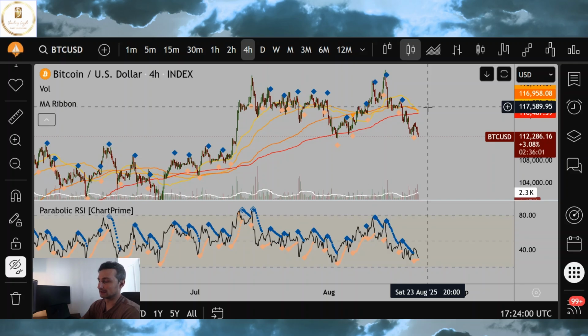I think by the end of 2026, it's going to be very red. I think the summer of 2026 could present a very good buying opportunity. I know everyone wanted to see 200K, but you know what I mean? The law of diminishing returns is in the